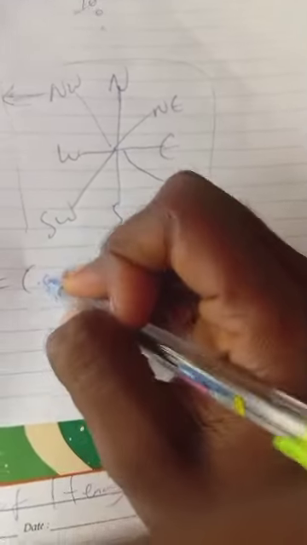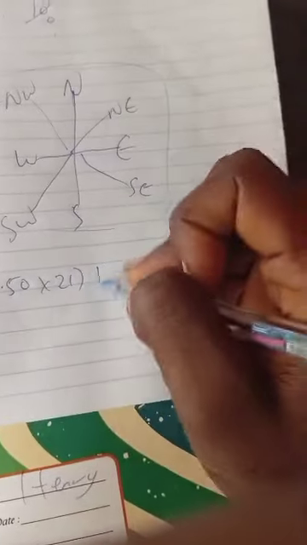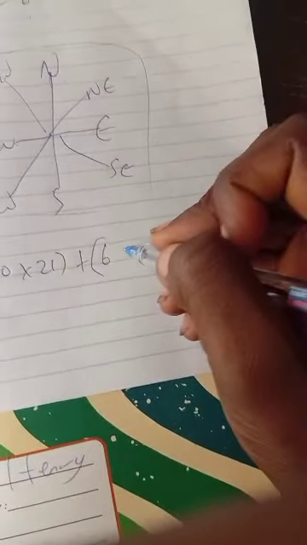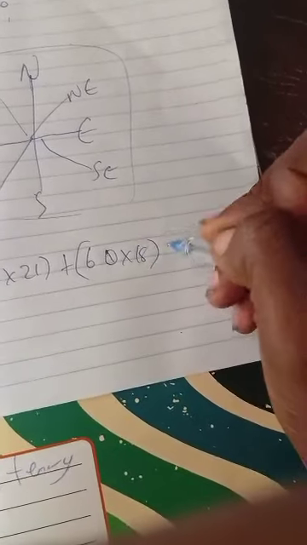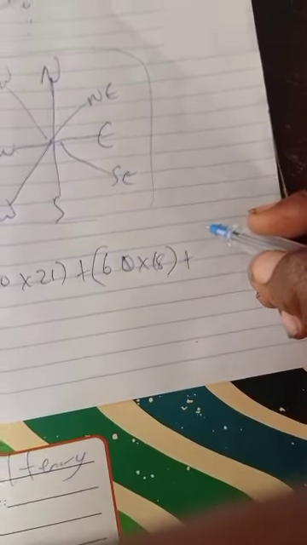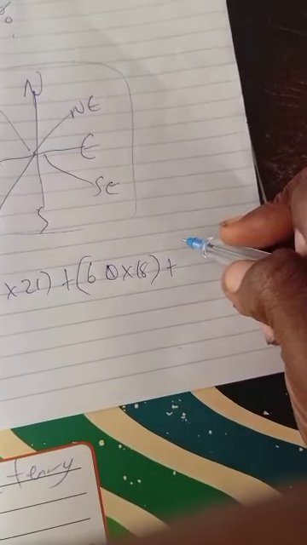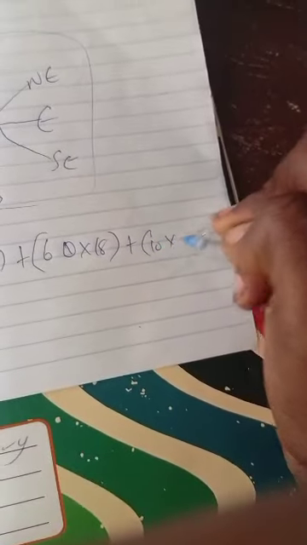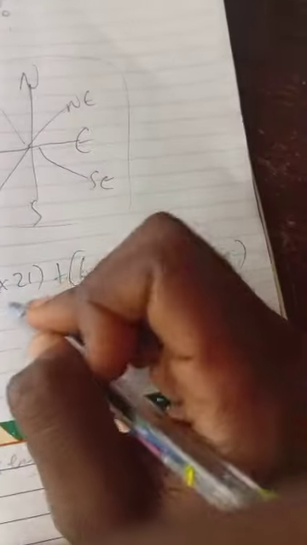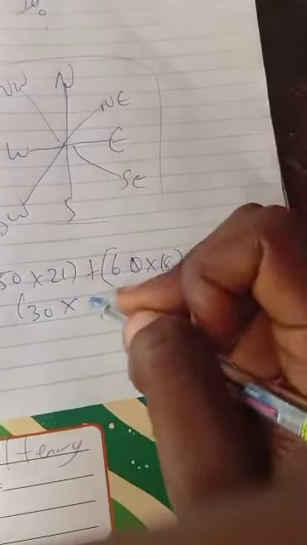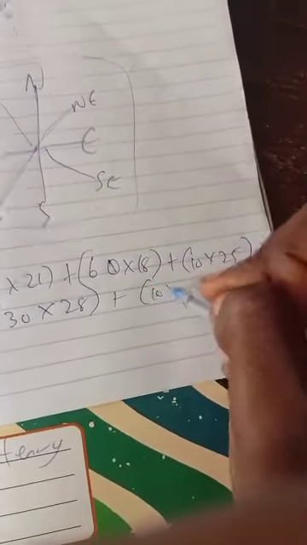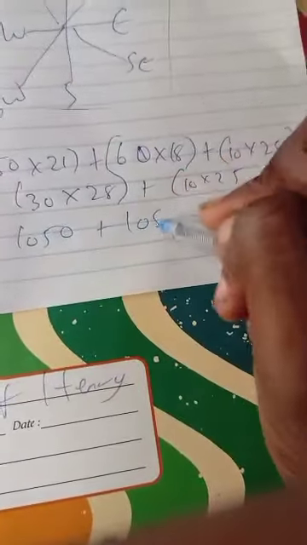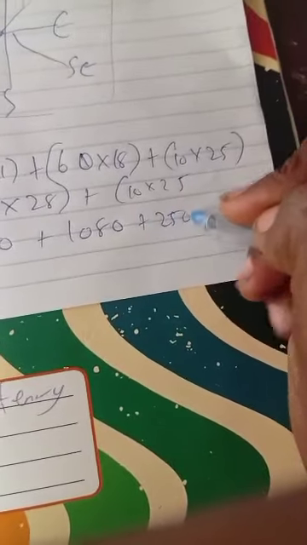So the first thing is 50 times 21 plus. We go to the next one, 60 times 18. Then 10 times 25, right? We go to the next one, 30 times 28, and the next one is already 10 times 25. So if we do this, I think we should have 1050 plus 1080 plus 250 plus 840 plus another 250,